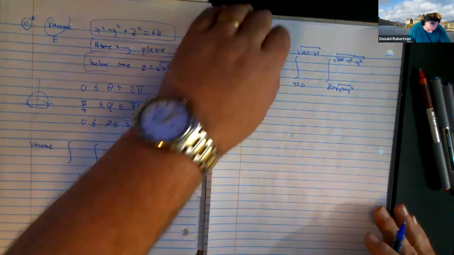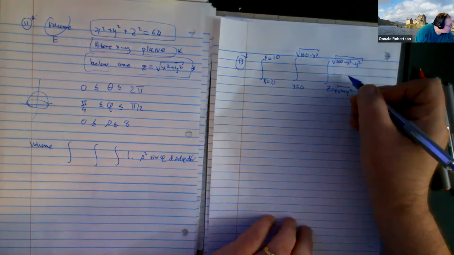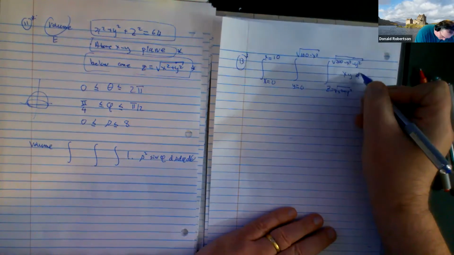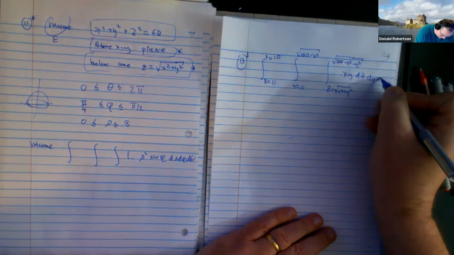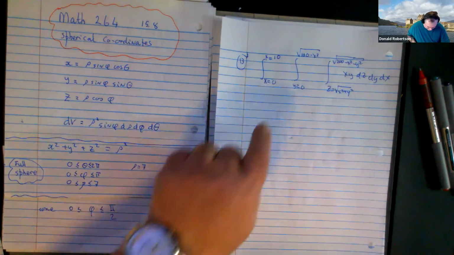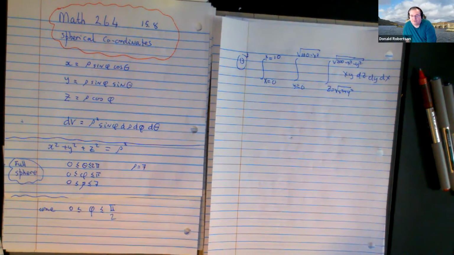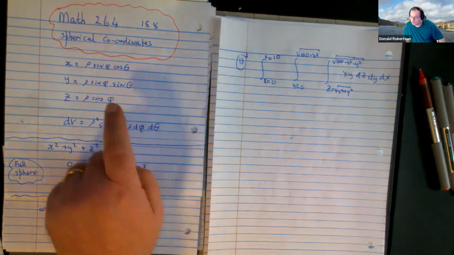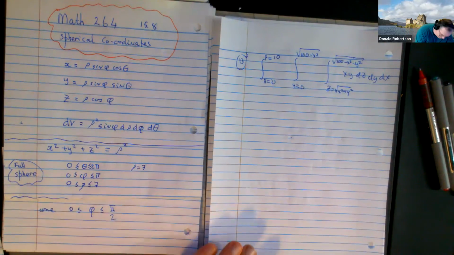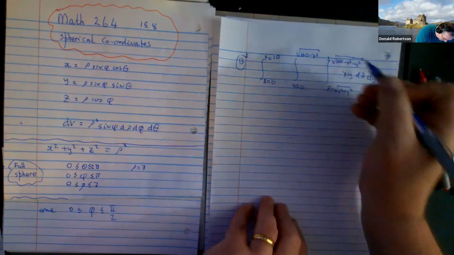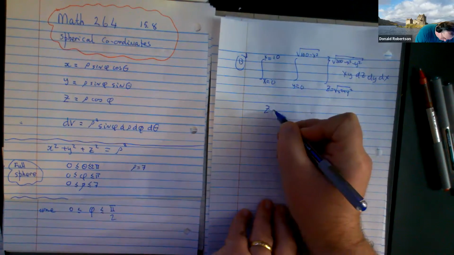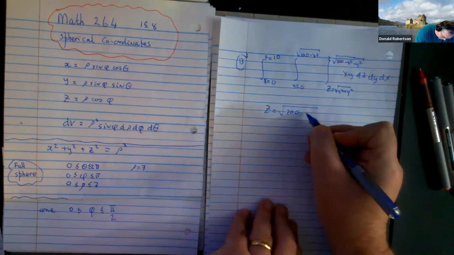Okay, we are ready to go. Oh, and we have a function here, x, y, dz, dy, dx. Now, if you try to integrate that with these x's, y's, and z's, you would have major algebraic problems. I'm not even sure it's doable, because what the question wants us to do is to convert this into spherical coordinates. Okay, so if I tell you that z is equal to 200 take away x squared take away y squared,